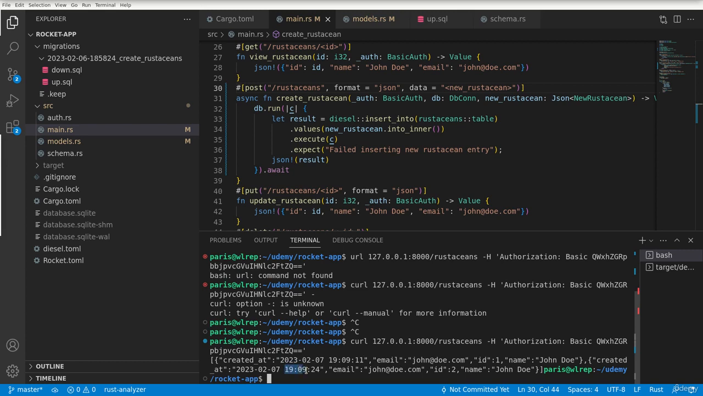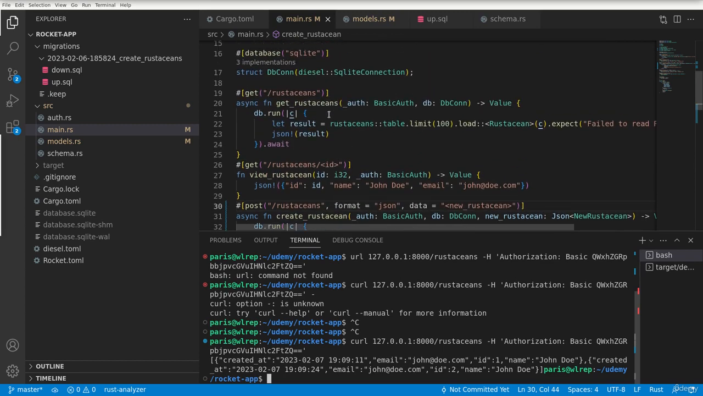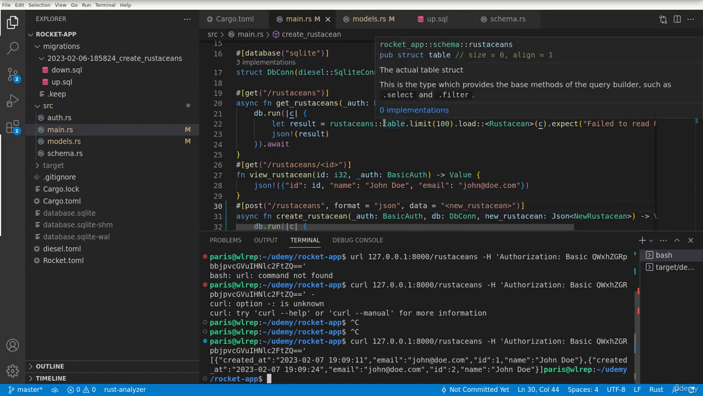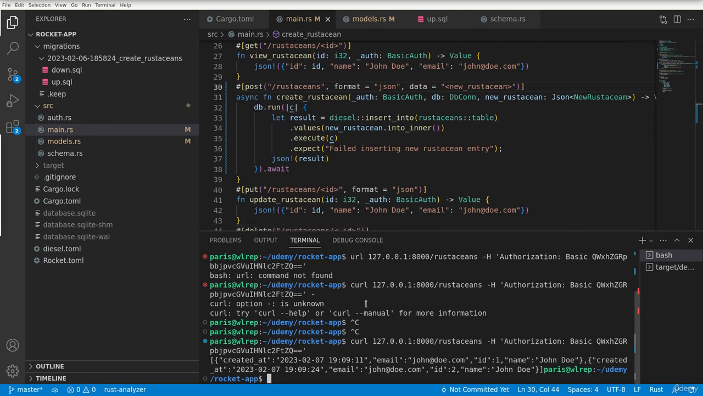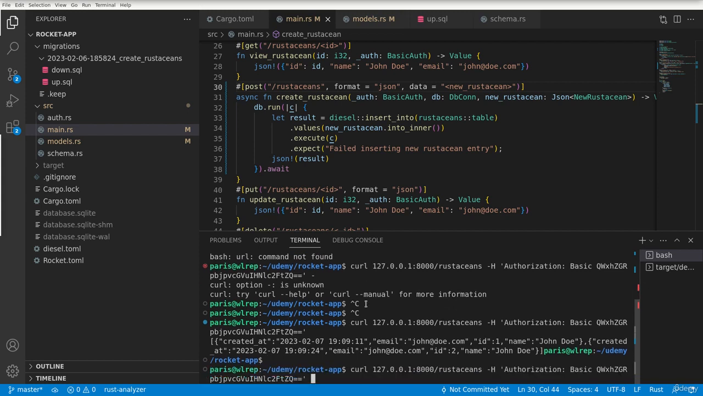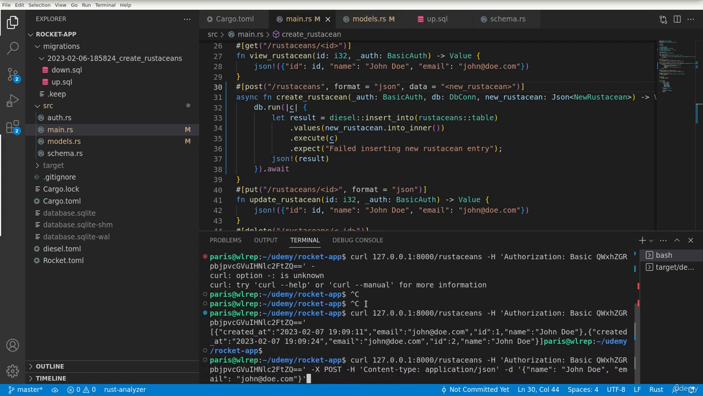And the created_at values, you see they were successfully generated, and they were just a few seconds apart each. But yeah, that's overall great. We now have both our create Rustasian endpoint working, and we also just verified that our get Rustasians also lists everything correctly. Great. But let's try one more thing. Let's see what happens if we use the create endpoint, but